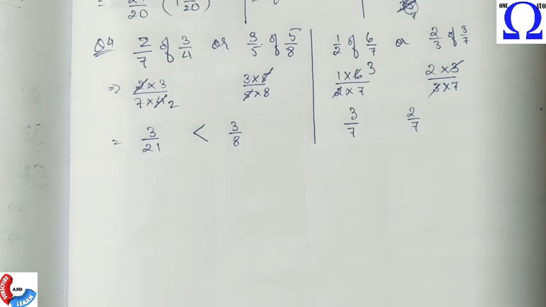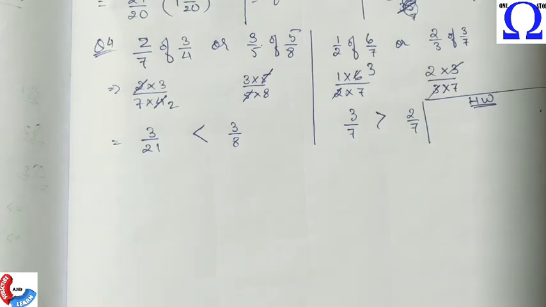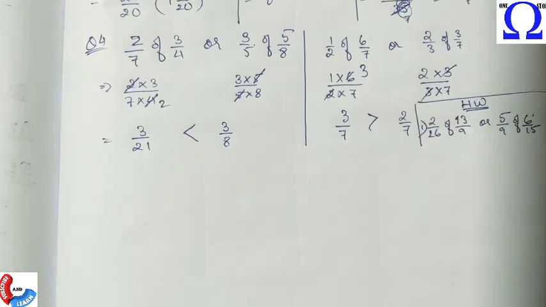Now here we get directly same denominators, and same denominators means actually greater the numerator, greater will be the fraction. Okay, now let me give you some homework upon this question. So this is your homework. Please comment on the comment section about the answer of this part.